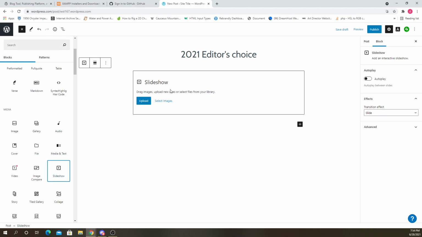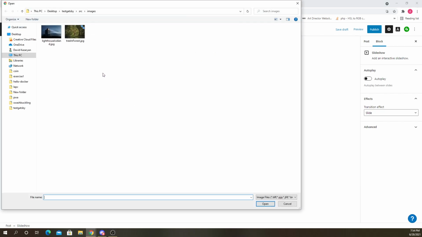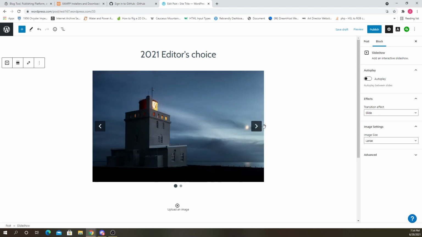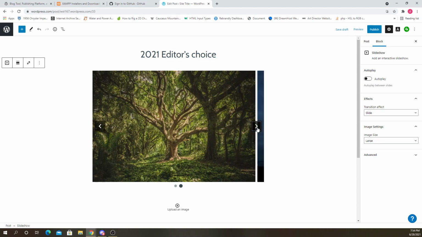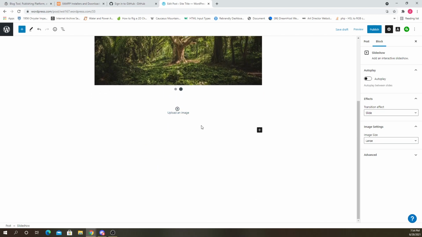So a slideshow, and then we can upload images to that. I'll just use these as a test. Okay, so these two images are now in my little slideshow. And then maybe add